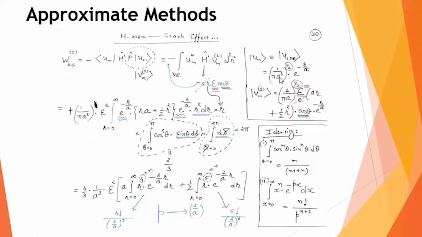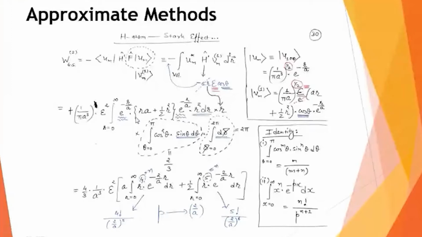So all those constant factors I write outside. This exponential term, which was minus r by a, will be as it is. In the next step, that will make the element for the volume integration. So I have to do the integration over r coordinate, theta coordinate, and phi coordinate. We assume this problem in the spherical polar coordinate system. So this is what we have done.